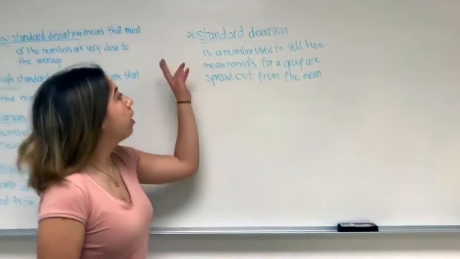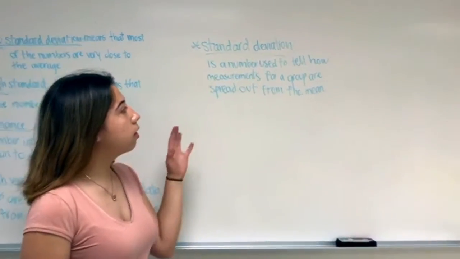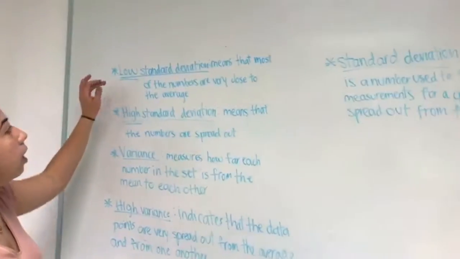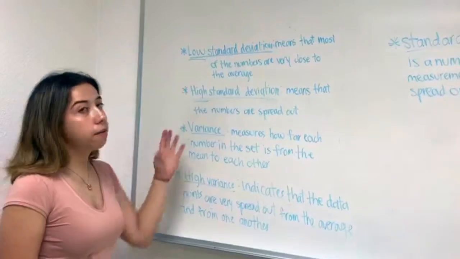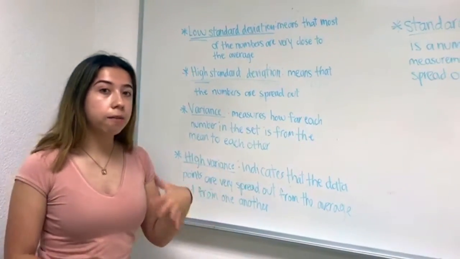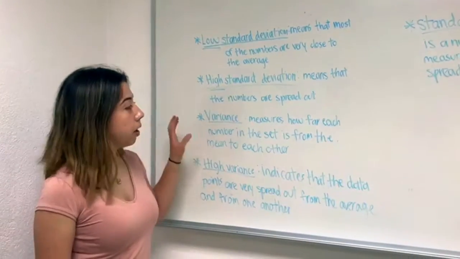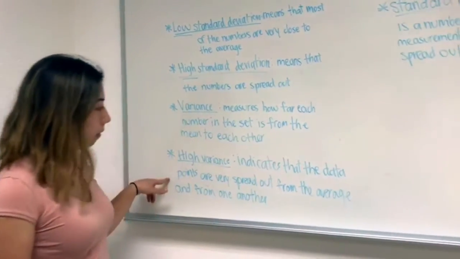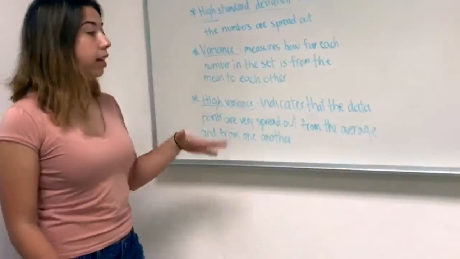Key concepts. Standard deviation is a number that tells you how spread out the numbers are from the average. A low standard deviation means that they are very close to the average. A high standard deviation means that they are very spread out. Variance means how far the numbers are from each other, and a high variance indicates that the data is really